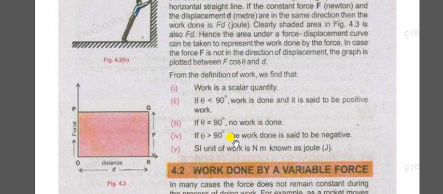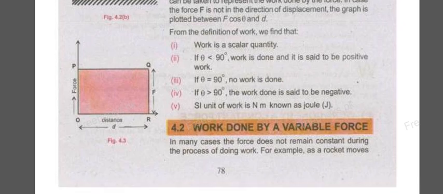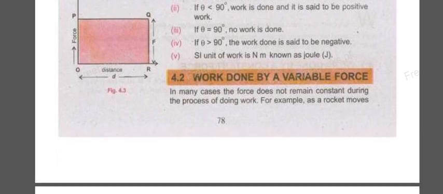Next is work done by a variable force. In this case the force will not be constant. Force will change. Like if we move a body with initial force F1, then F2, then F3, it means force is not constant but the work will be done. So we have to discuss the work done by a variable force. A variable force is that force that changes with time, which is not a constant one.